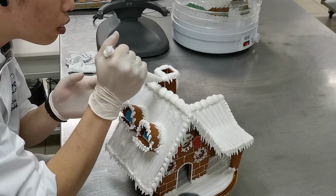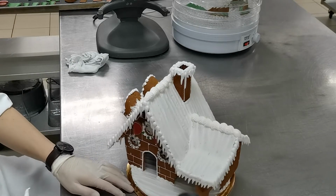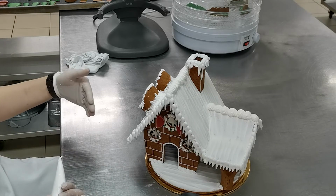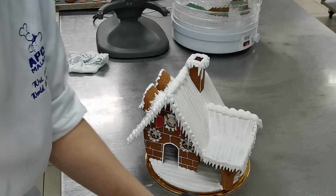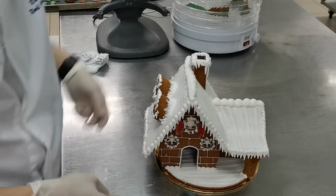But guys, to be very frank, you can find much better gingerbread houses in pictures or online or in books. This is just a very straightforward way to make the gingerbread house, but with the snow and everything, it can make it look nice. And after we're done with everything, guys,